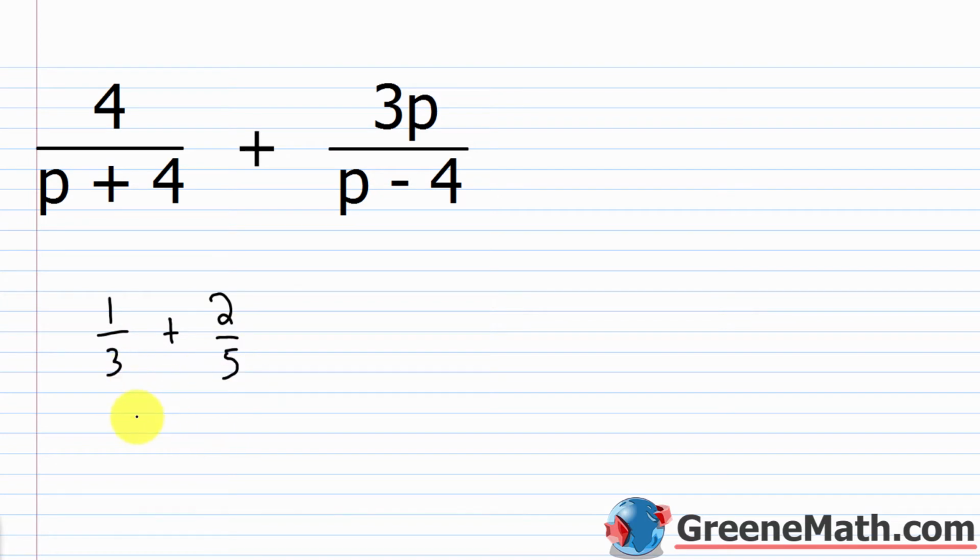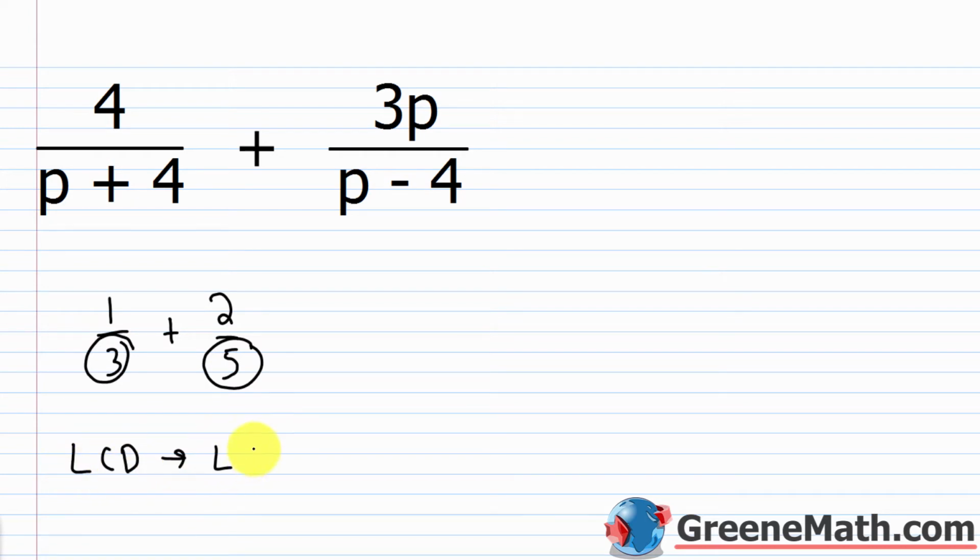To get the LCD, what do I do? I take the denominators and I factor them. Now, 3 and 5 are each prime numbers, so there's not really anything I can do to factor them. They're just 3 times 1 or 5 times 1. So what I want to do when I build my LCD,